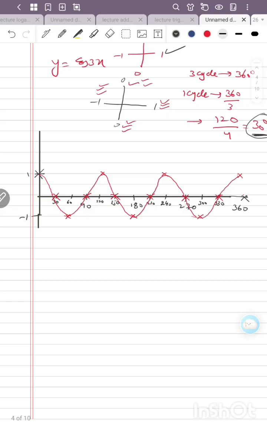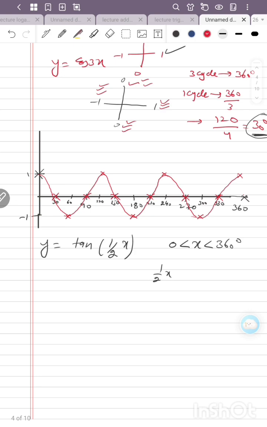ओके डियर स्टूडेंट, हमारे पास नेक्स्ट क्वेश्चन है, हम उसके मुताबिक आगे चलते हैं। y आपके पास क्या है, tan 1/2 x। अब हमने इसको कैसे लेना है, 0 लेस देन x, x लेस देन 360। अब हम इस ग्राफ को कैसे ड्रॉ करेंगे। अब ये थोड़ा सा डिफिकल्ट क्वेश्चन है, इसके ग्राफ को हम कैसे सॉल्व करेंगे देखें।